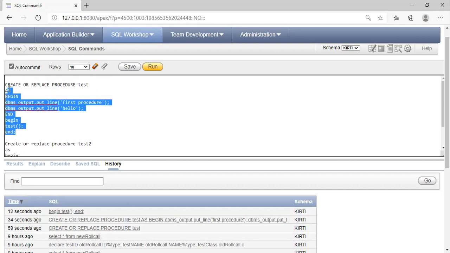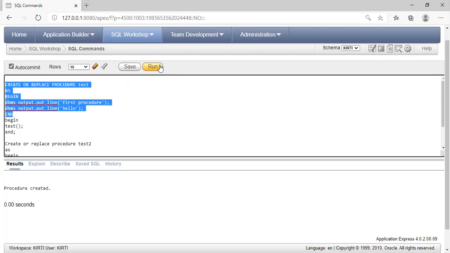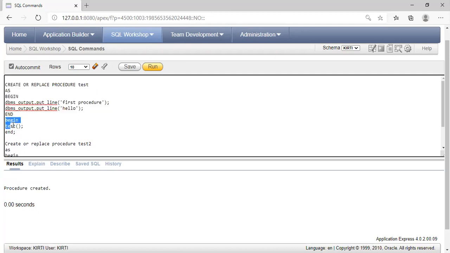Suppose this is my procedure. I have created one procedure, so the procedure gets created. After that I will call that procedure, I want to execute it. Within begin and end I have called that particular procedure. So we call the procedure using begin and end, and I will execute it.